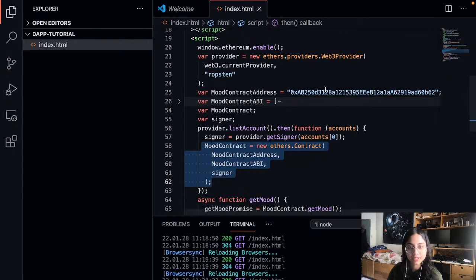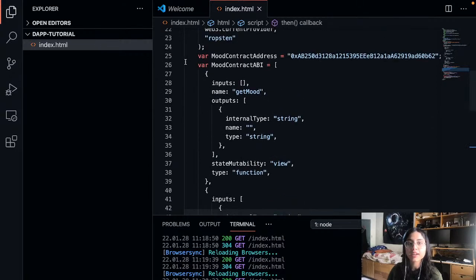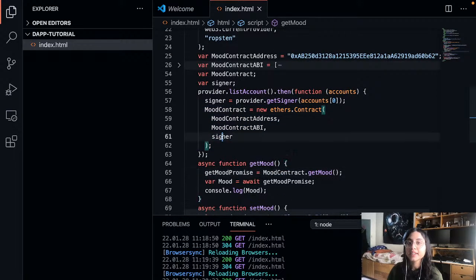It knows the address to which your contract is deployed to, the ABI, which is like the functions that your contract has, and the signer that's going to send the transaction. So it's beautiful, right? It's basically doing everything for you. So you don't have to do anything. You just have to tell it, okay, I have this, I have this, I have this. Like a lazy programmer, right? It's basically going to do everything for you in the backend and figure out and create this instance for you,